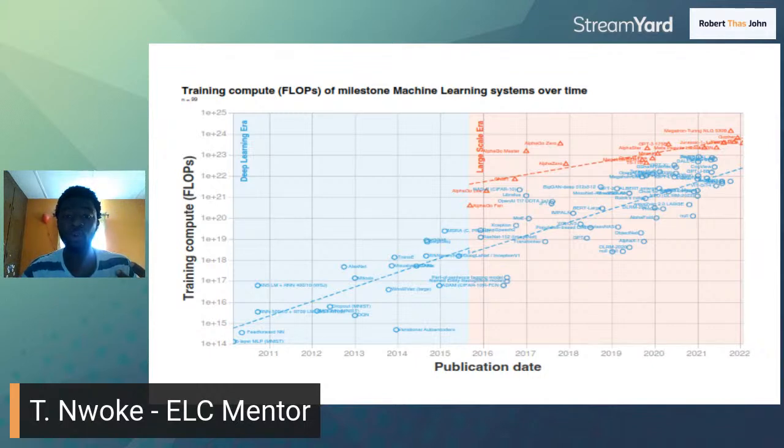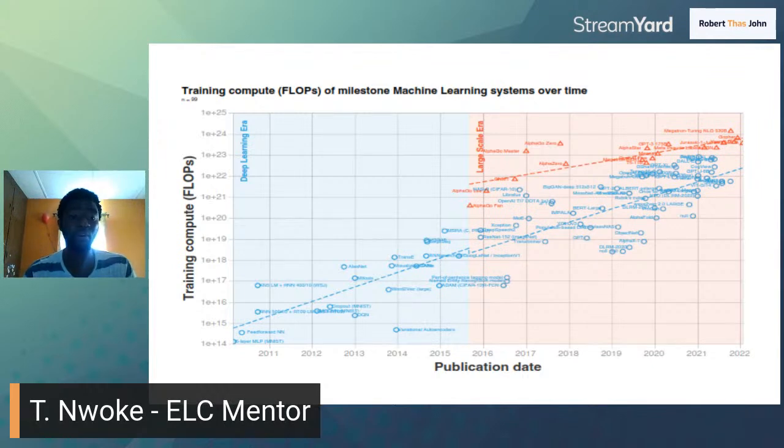You can see the trend going up, and you can see where GPT-3 is, and you can look at the training compute for these algorithms, which is quite large in large decimal values, right? So these are how expensive and how large